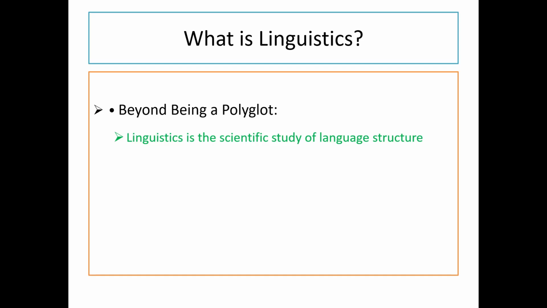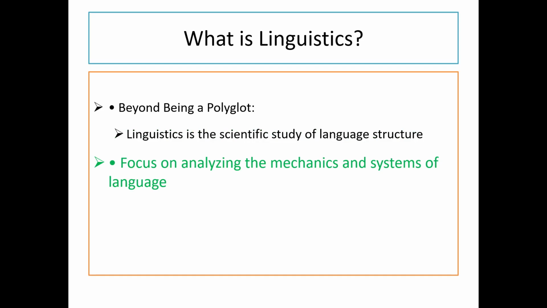Because Akmajian jumps right in, busting this myth that all linguists are polyglots. Yeah, that's a common one. People think you've got to be fluent in a dozen languages. Right, like we're all walking dictionaries. But it's not really about how many languages you know. It's more about understanding the science behind all languages. It's like you don't have to be a master chef to understand how baking works. Precisely. Linguistics is analyzing the structure, how it works, the rules, how we use it to communicate.